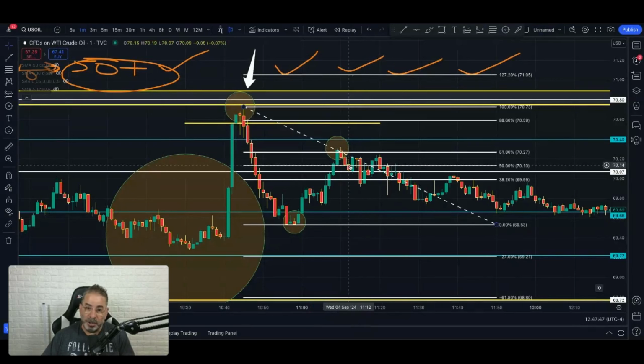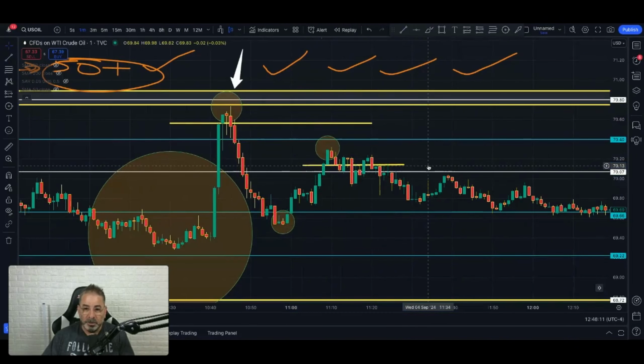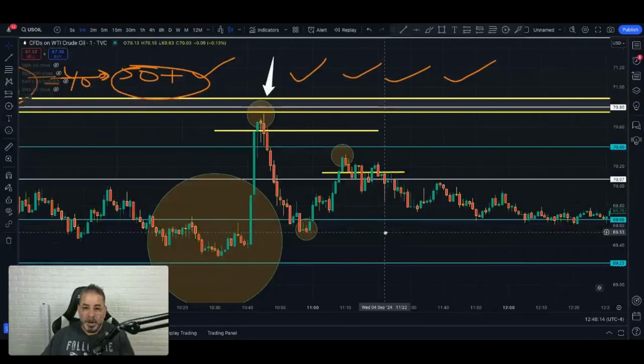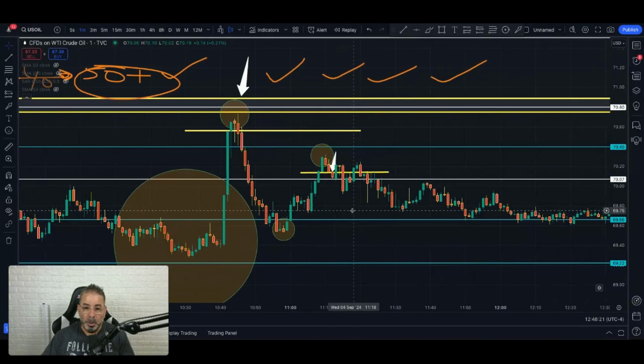But maybe you say, you know what? It might go higher because it might go higher. We don't know that, right? So what do you do? You grab your trend line candle. We have 1, 2, 3, 4 green candles. We are going to put, okay, our yellow line below that last green candle. Now I'm going to get rid of the fibs to make the chart a little bit clearer, okay? What happens here? Price comes down, and this candle closes below right here.